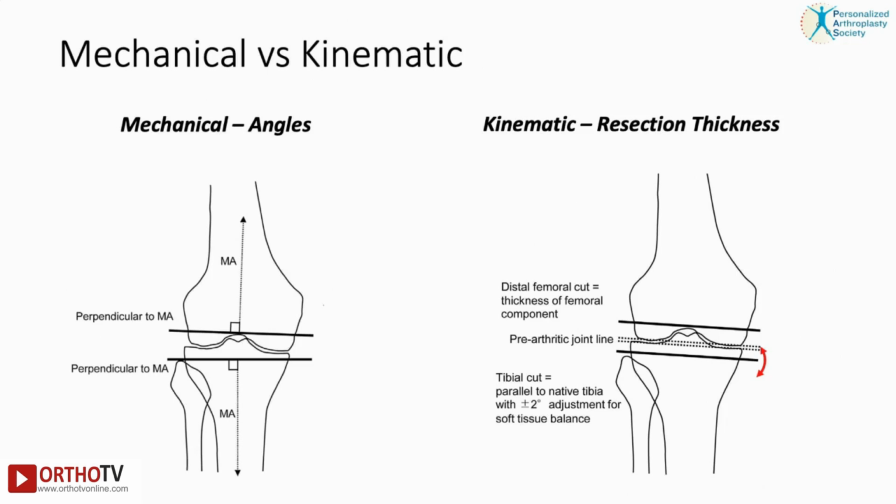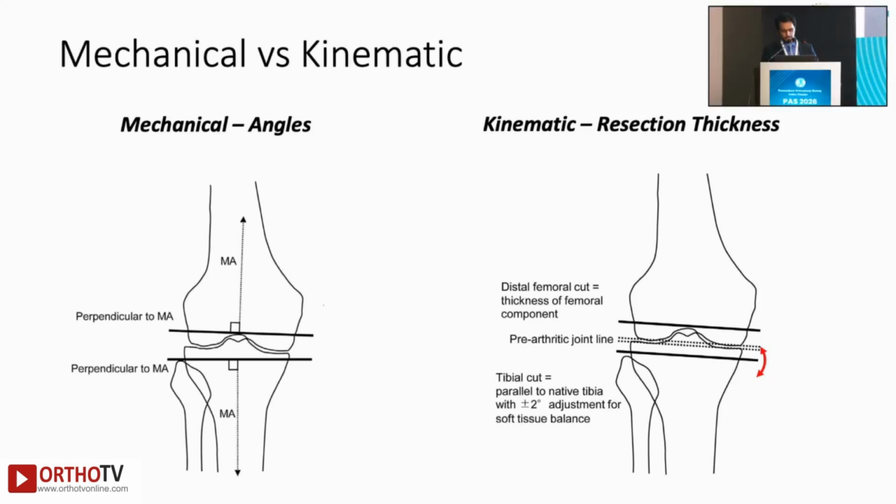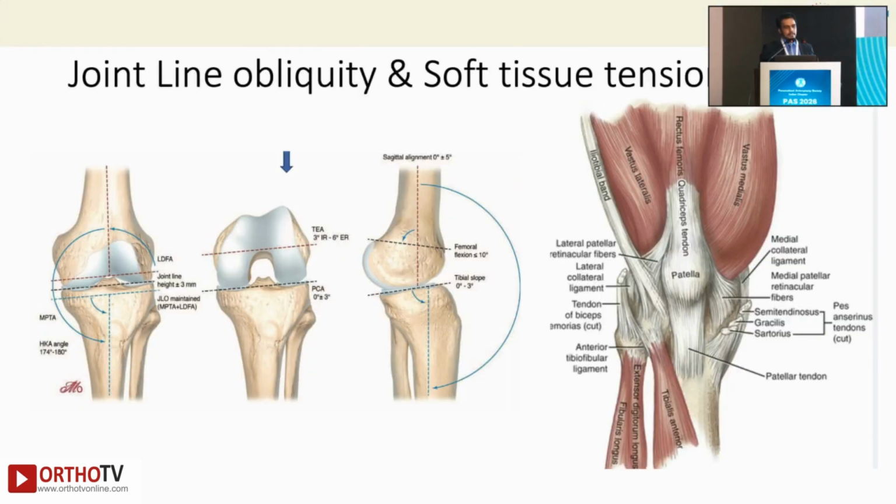Kinematic versus mechanical: we have realized that the mechanical focuses mainly on the angles. We are trying to look at 0 degree perpendicular cuts, whereas the kinematic mainly focuses on just the resection thickness. That is completely discounting the angles when you are taking those cuts. But the knee, I believe, is a much more complex joint than just being dogmatic about one philosophy. That is, I'll just use either numbers or I'm just going to use angles and try and sort this complex